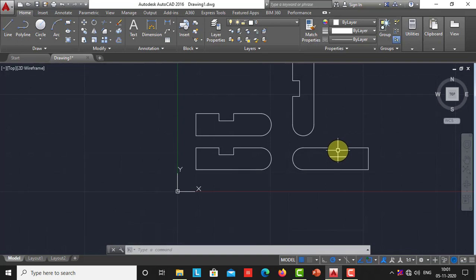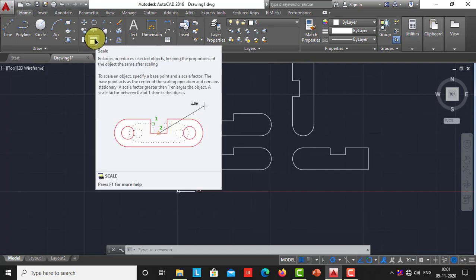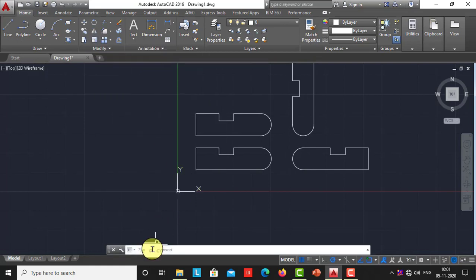Now the next command is scale. If you want to increase the scale of the object, then we can use the scale command. Or if you want to increase the dimensions of the object, or if you want to decrease the dimensions of the object, then we will use the scale command. For the scale command, you can select it by clicking over here, or you can type scale in the command bar, SCALE,